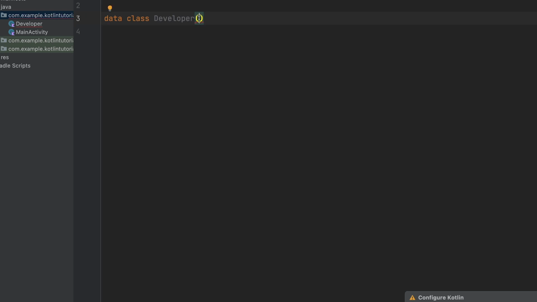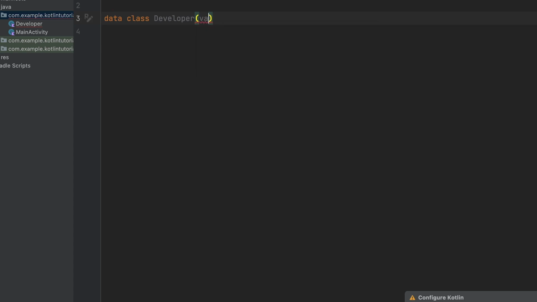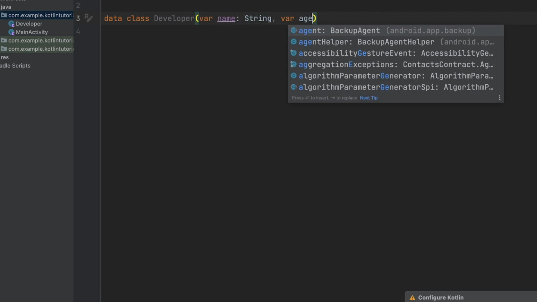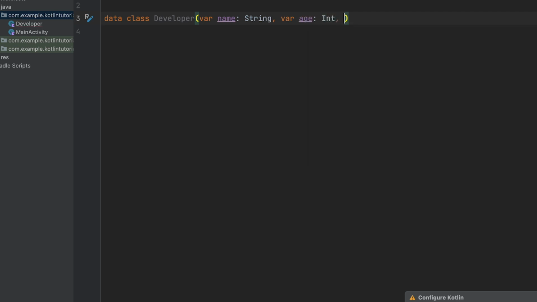Now here what I have to do, I have to give some values. So the name of the developer, and then the age of the developer. I can ask for more details about the developer, like we can create an array as well, and we can store the languages that the developer knows, right?